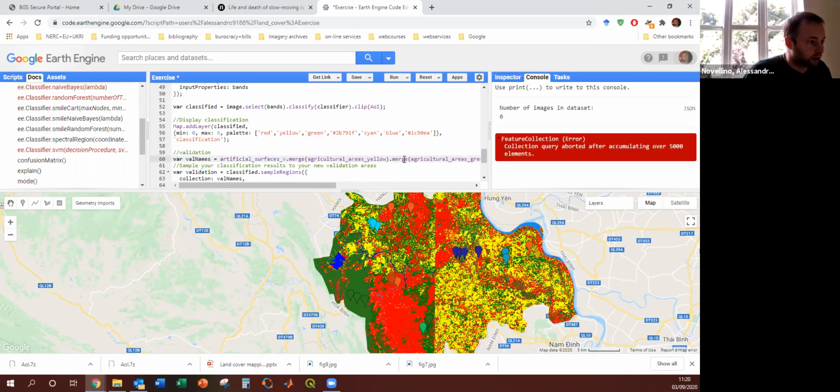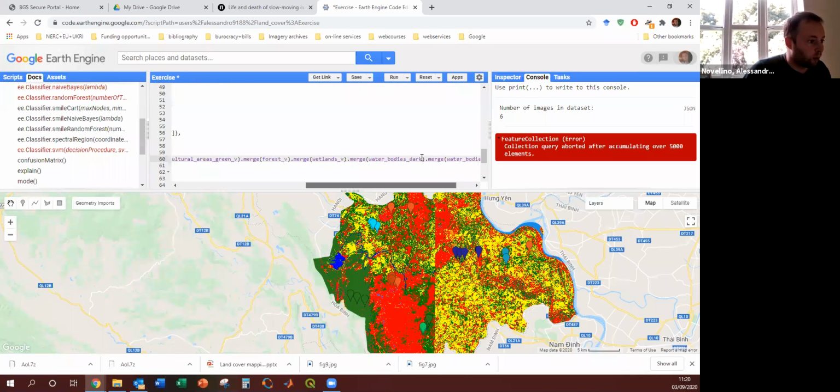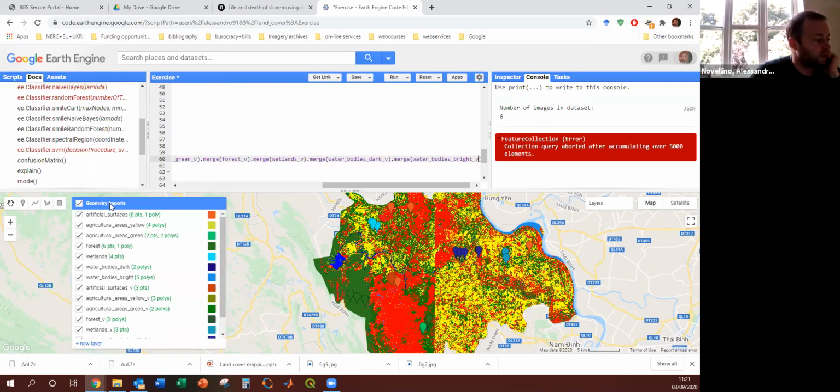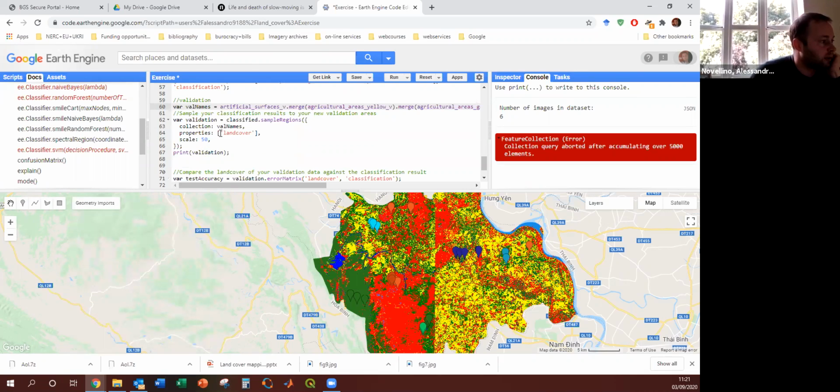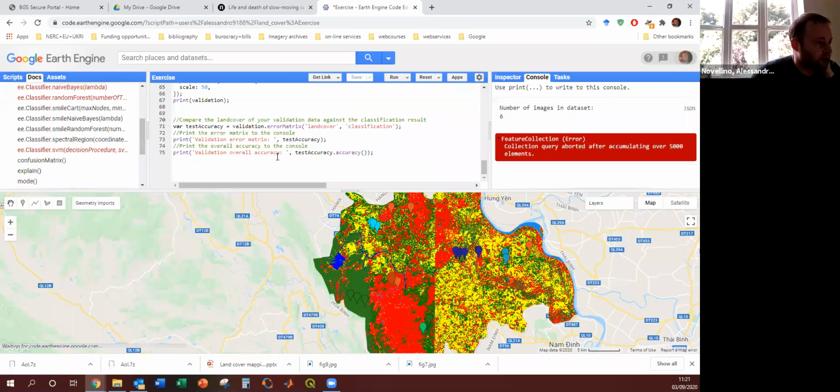So this is just because this can give an idea of how bad is the map and if there is a specific class which is particularly bad. Okay. And cover scale. We can use, in this case I was using 50 meter. I was not that interested in the resolution of the scale. I will just run just to see, because now what we will see here is the error matrix,